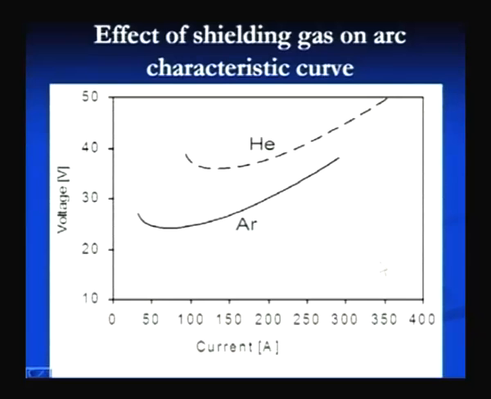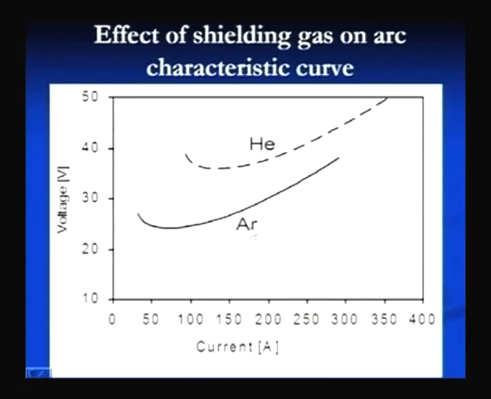The shielding gases are also known to affect the arc characteristics, or VI characteristic, of the arc. The relationship between voltage and current is affected in gas metal arc welding by the presence of the shielding gas. When argon is used as a shielding gas, the arc voltage is somewhat lower for a given current setting compared to when helium is used. Say for a 150 ampere current, the arc voltage in case of argon would be somewhere around 28, while in case of helium it would be somewhere around 38. So, higher arc voltage is generally observed with helium as a